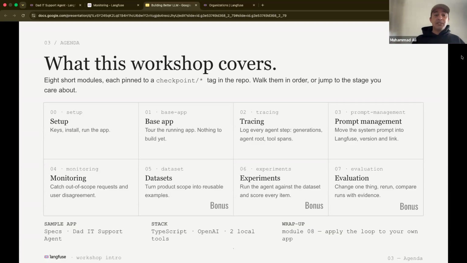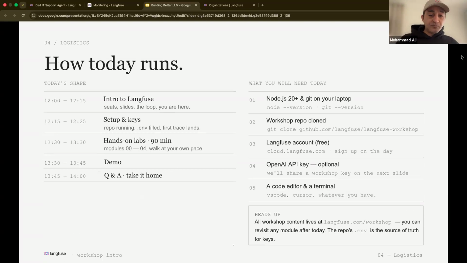For the time period of this webinar, we're going to give you an OpenAI key, which you can use to make progress within this application. And then we'll see if we can get to modules 5 and 6, which are the datasets and experiments. I will be running this workshop on my computer, on the screen, so you can follow along with me as well.